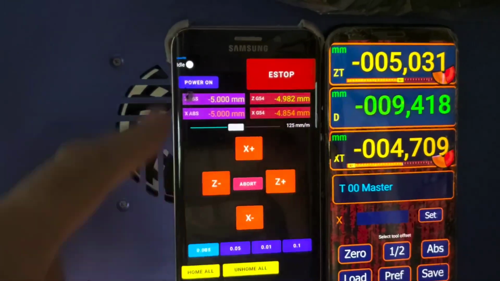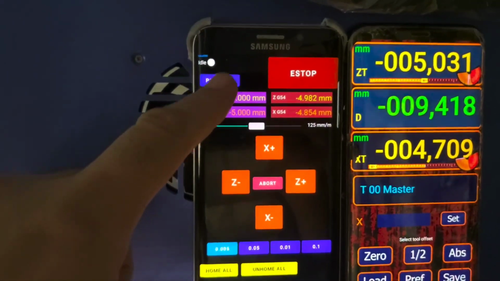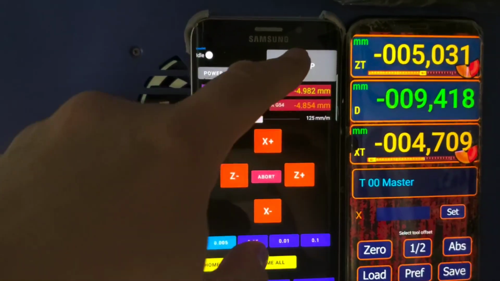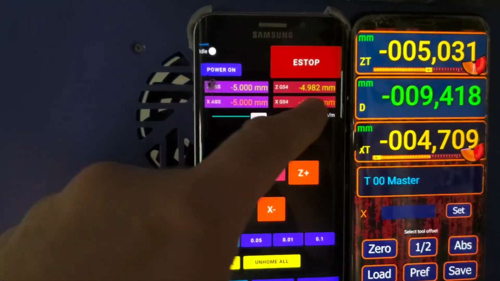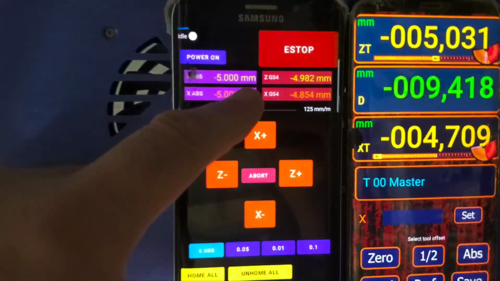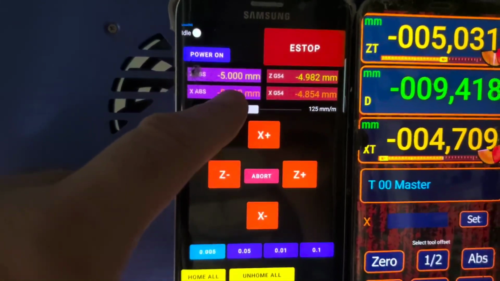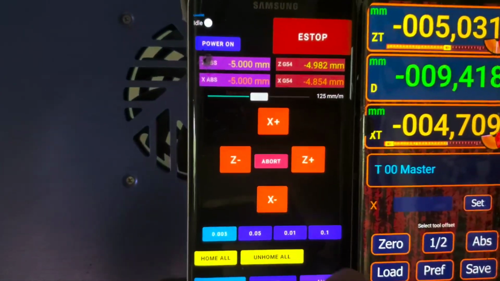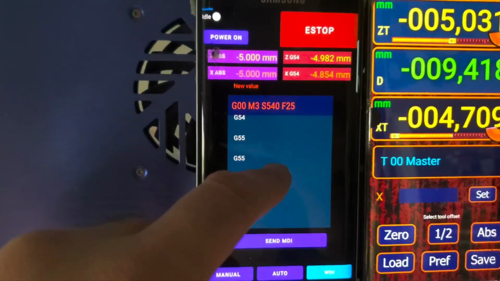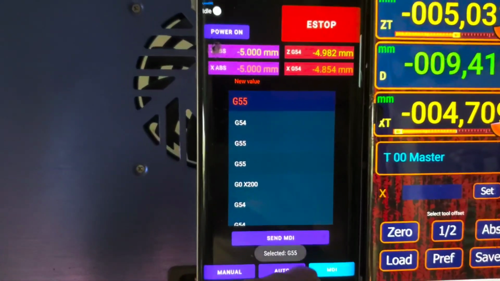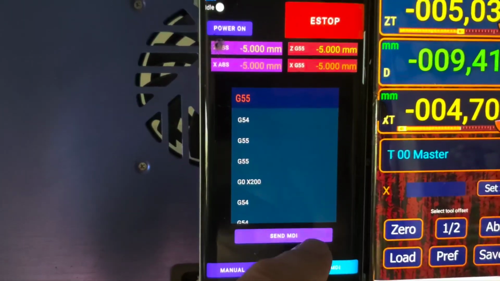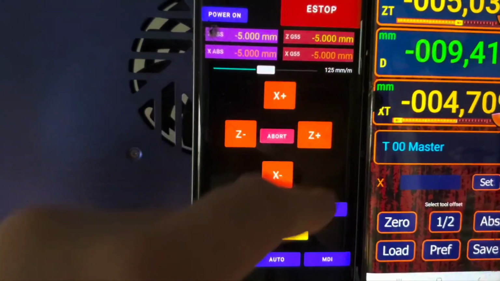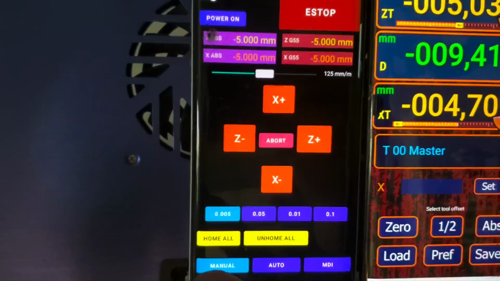And here I made the whole interface for linuxCNC, where I can actually control the machine from here, and I get the readout. I get here absolute values, and here I get the work offset, which I can actually change. If I go to G55, it changes here, and then I can work in that offset,